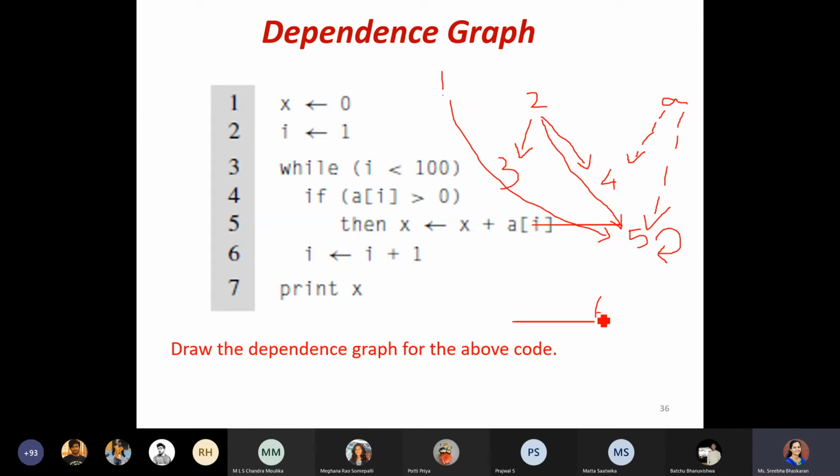So the first time when I'm calling this, I will be getting the value for I from node 2. After that, once I do I plus 1, I'm going to update it. So I will not once again go back to node 2. Later on, whenever I'm using the I value, from which part do I have to get it? I have to get it from the newly updated one. Where will the newly updated value be? It will be lying in the sixth line itself. So there will be a self loop in the sixth node.